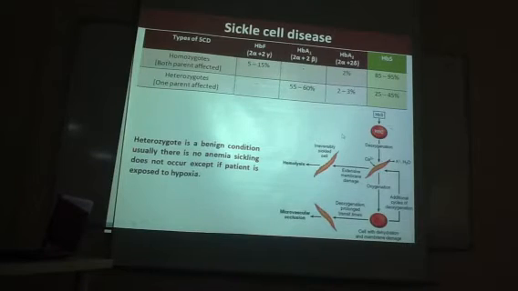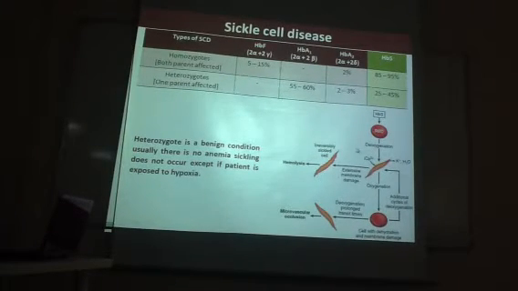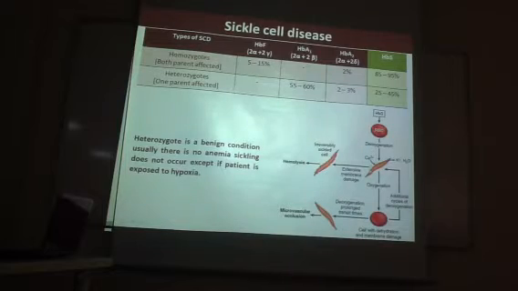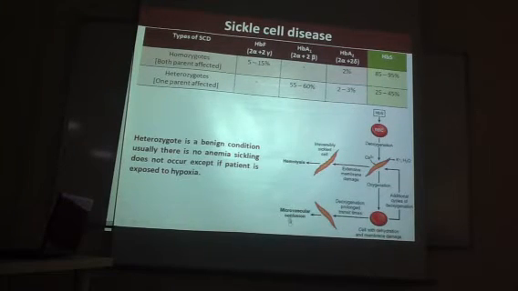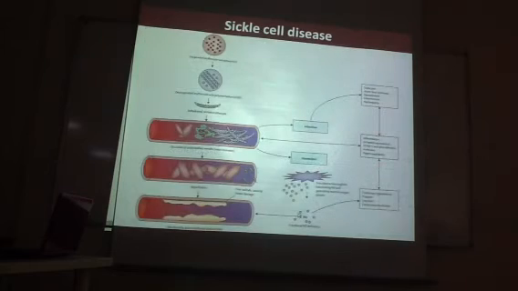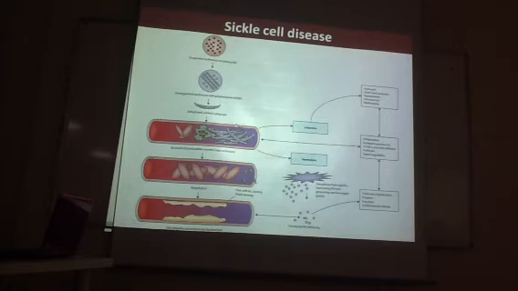When the RBC has sickle hemoglobin, on deoxygenation they become sickle, and when they take oxygen they become normal. During this process they become irreversibly sickled, then they go for hemolysis. These sickle cells cannot come out very easily, so they occlude the blood vessels and produce microvascular occlusion. Deoxygenation happens on the venous side, so the occlusion happens on the capillary-venous side, and they produce ischemia, necrosis, and infarction.